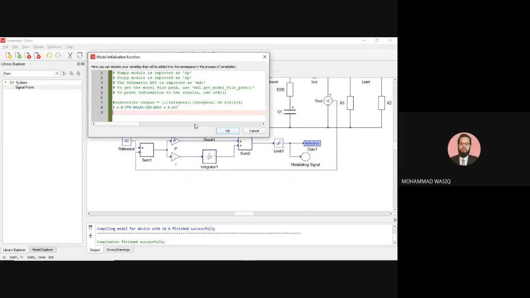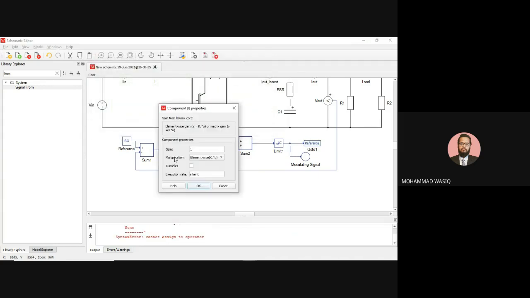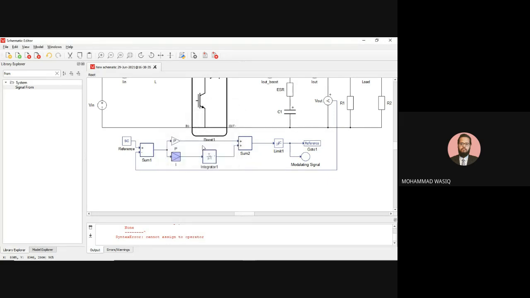Ma'am, for the integral gain, you wrote it as 1. Yes, here, see, it is written 1. But in the script writer, it is not there.